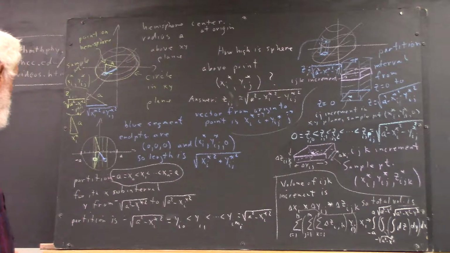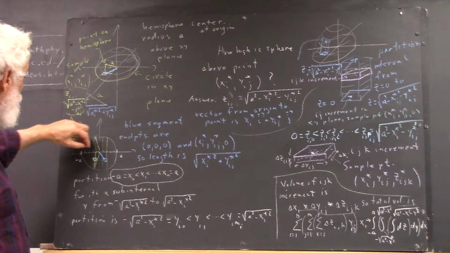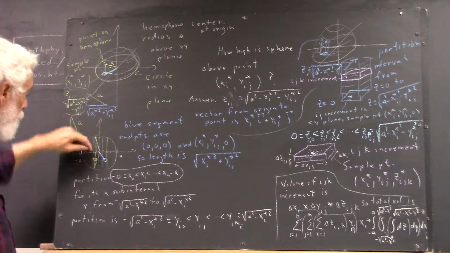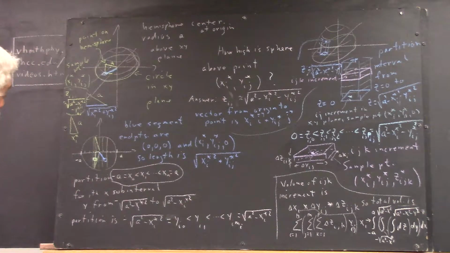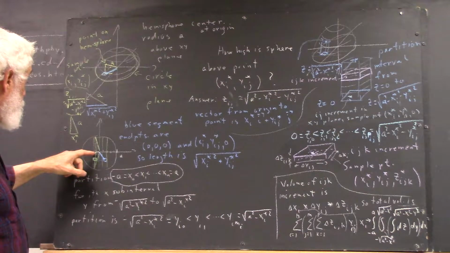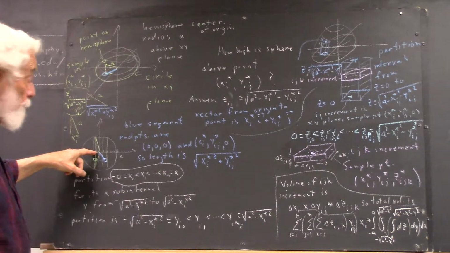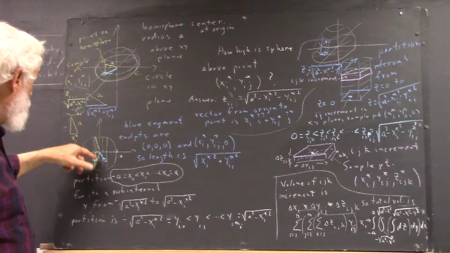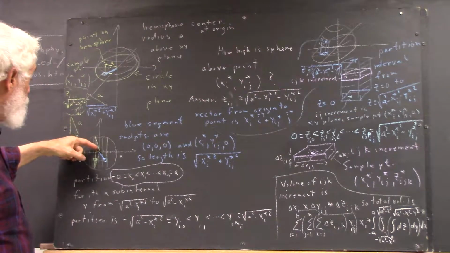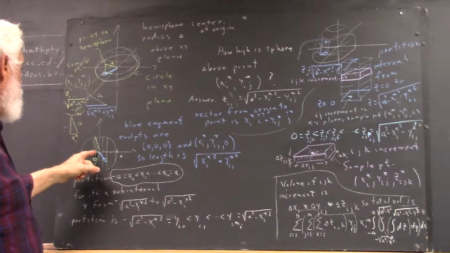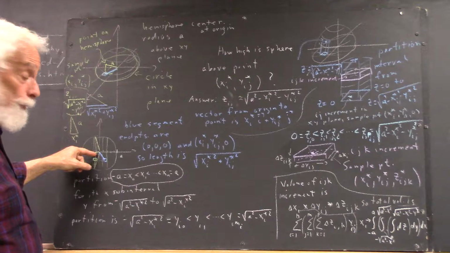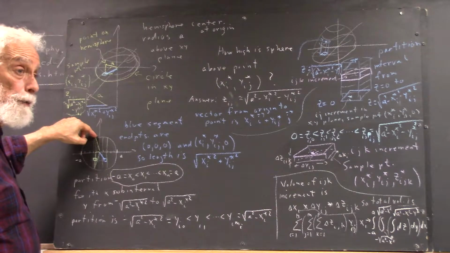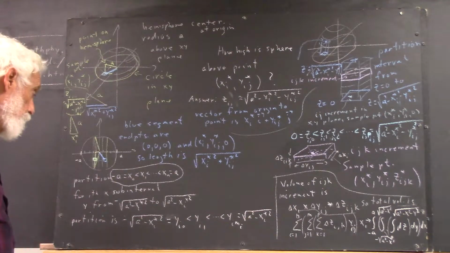So by this picture, if this is X and this is Y, once more, just as before, we partition from -a to a, we have these subintervals. For a typical subinterval, you have a sample point within that subinterval, and then we have a triangle with one vertex on the x-axis at the sample point, another on the circle directly above, and another at the origin. So we have a right triangle. We know that its radius is a, so the hypotenuse is a. And if we know x sub i star, the sample point for that ith interval, we can easily find how far we have to go to get out to the circle, how far we have to go in the y direction,